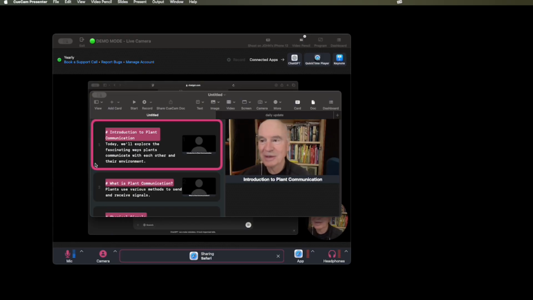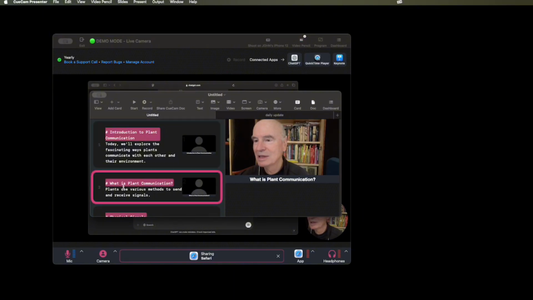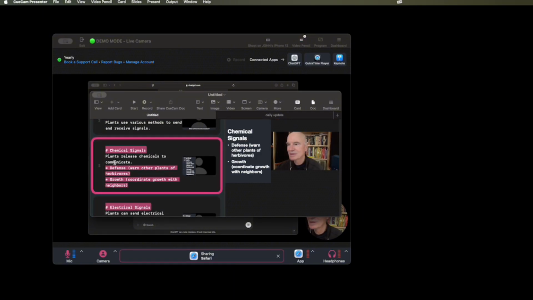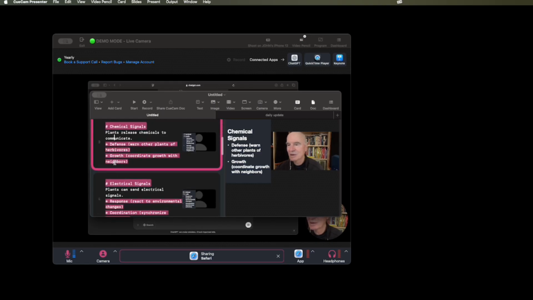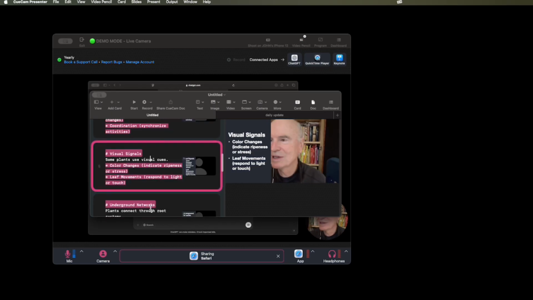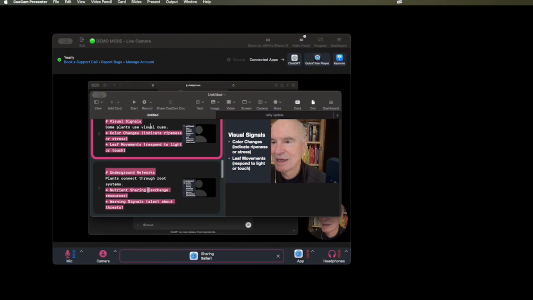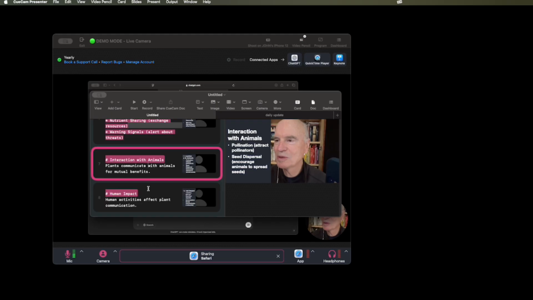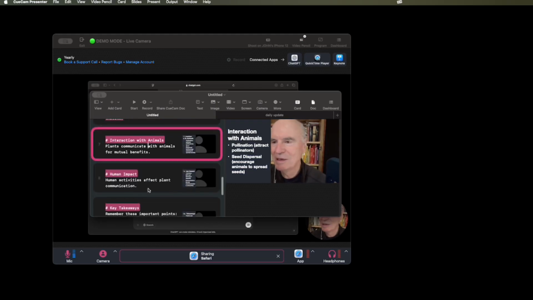It starts with Introduction to Plant Communication. What is plant communication? Chemical signals for defense and growth, okay? And electrical signals. You can get visual color changes in leaf movement. It's happening all around, in other words. And underground networks, nutrient sharing, seed dispersal and pollination, birds and everything else. Human impact,